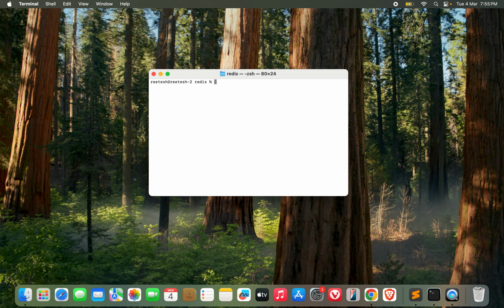If you are not a Mac user, and you are an Ubuntu or some Linux user, then you can use sudo apt install redis-server. This is how you do it in Linux or Ubuntu. And if you are on Windows, you can find an installation exe file that you can download and easily install on your local machine. All right. As I already told you, I've already installed Redis on my local machine. And after installing, what I need to do is